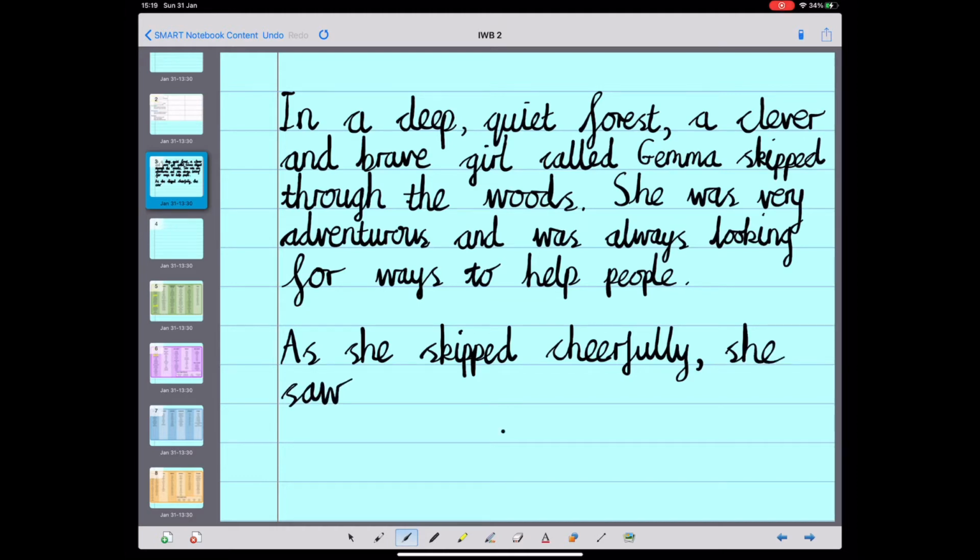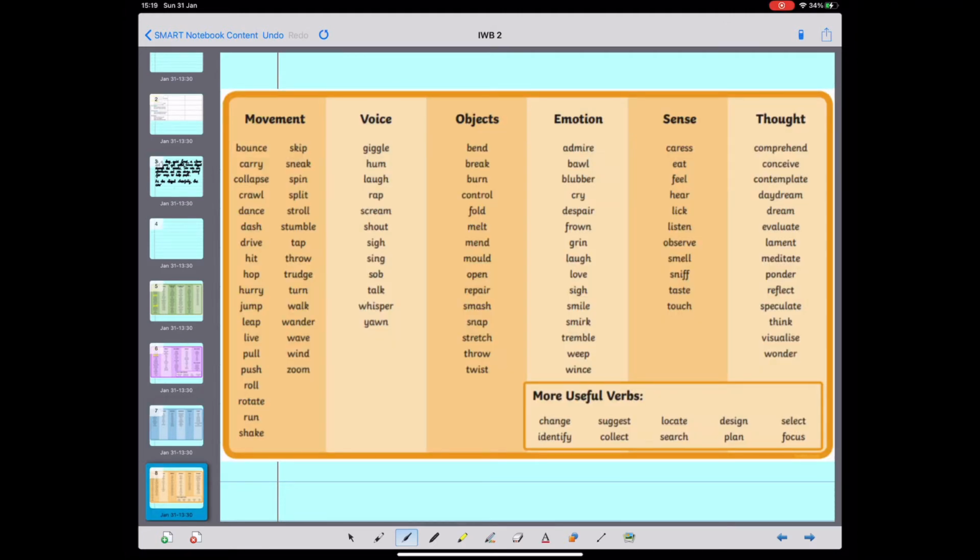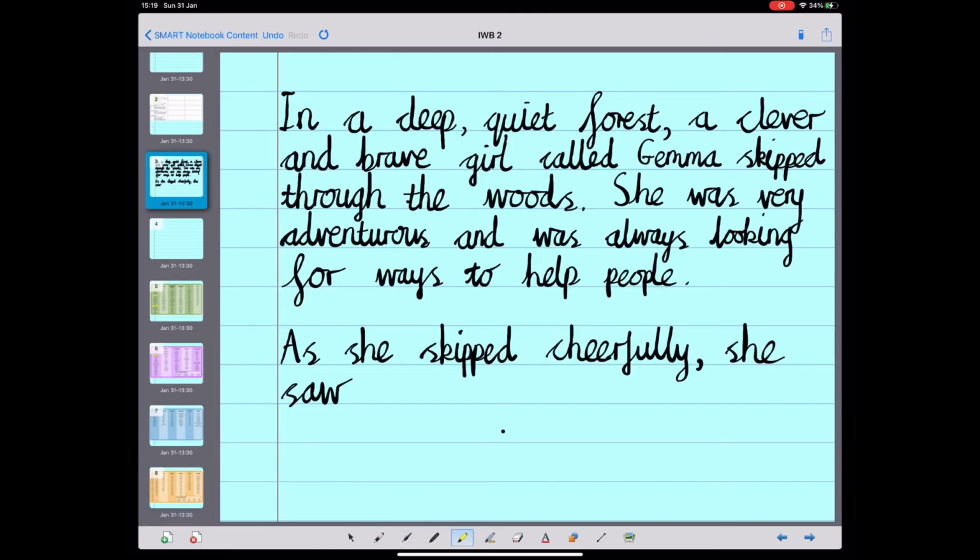saw. Actually, can I think of a word for saw? Can I think of a more exciting word? Let's have a look at our verbs, our doing words. Actually, I can't see another word for saw on that sheet, so I'm going to have to try and think of one for myself. She saw, she spotted, observed, found. I like spotted. Let's go with spotted. As she skipped cheerfully, she spotted. Oops, let's try that again. She spotted